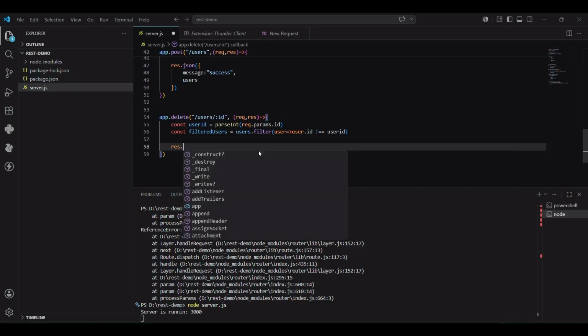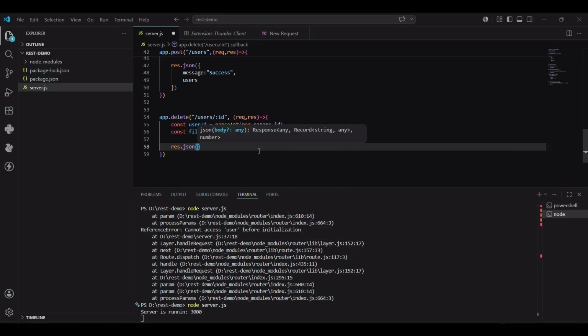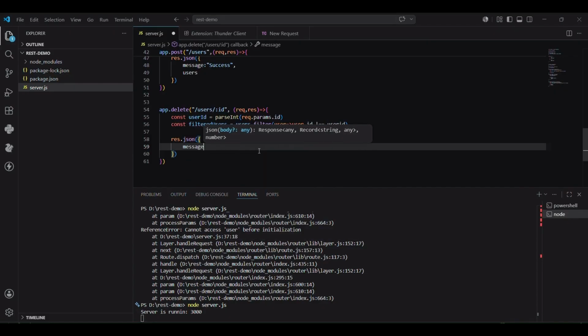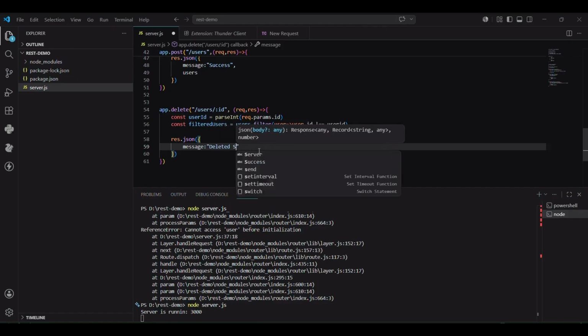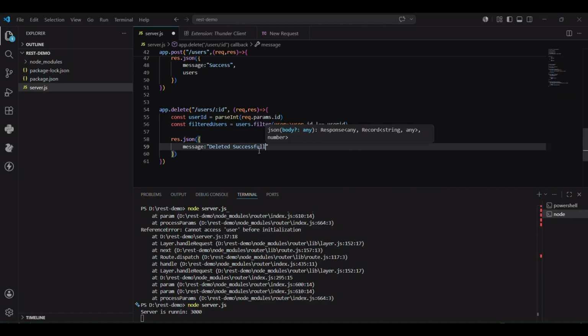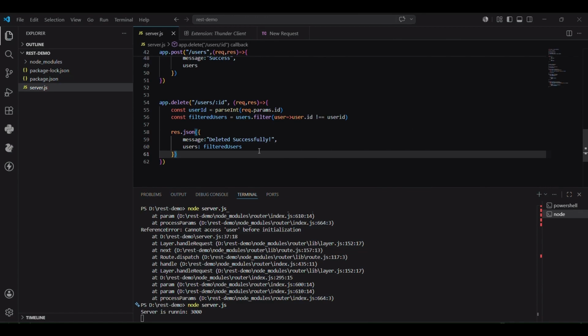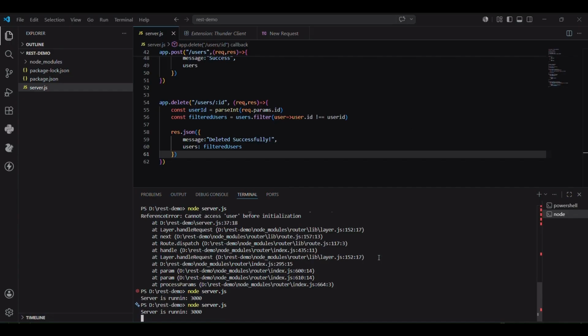And now the JSON will be only having the filtered users, and to do that I'll create again a message. It is more like success message only, deleted successfully. And again, now I'll update the users array to filtered users, and we are done. I'll stop the server, run it once again, and yeah,